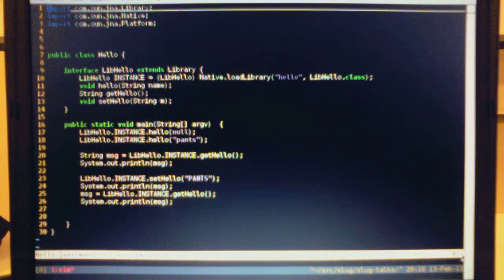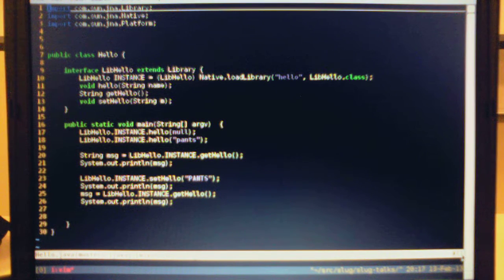This interface extends library, which is itself an interface, because interfaces can only extend other interfaces. And interfaces don't contain code. Interfaces are like the descriptions of what methods look like, but with no actual code. What's weird here is we then define a variable, which I didn't know you could do this in an interface. I'll point out I did not know you could do this in an interface. In this interface, we have an instance variable. That should be confusing because interfaces can't be instantiated. They don't exist. But anyway, nevertheless, there's a variable in there that's assigned to a thing that we get from